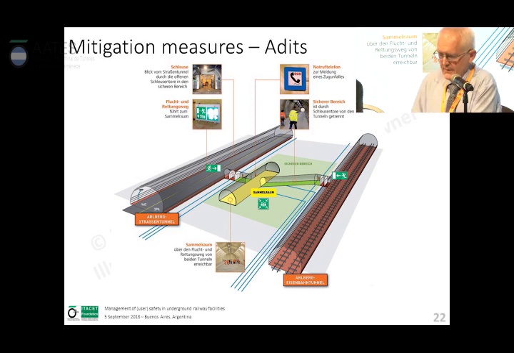Here is an example from Austria with the combination of a road tunnel and a rail tunnel. So these two tubes are connected at regular distances by those adits. In between there is some chamber for waiting. So this allows then for both to evacuate in the road tunnel, if there is a road tunnel accident, to evacuate towards the waiting room, and you can as well evacuate from the rail tunnel. Now there are as well a couple of different examples around where those combinations are done as well.